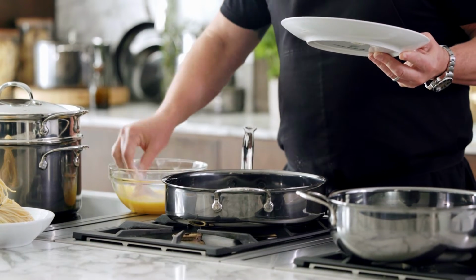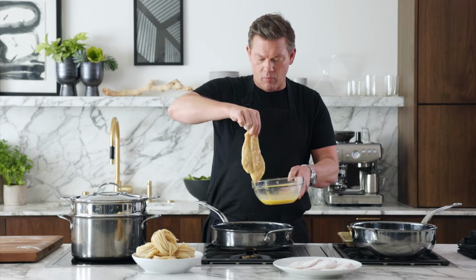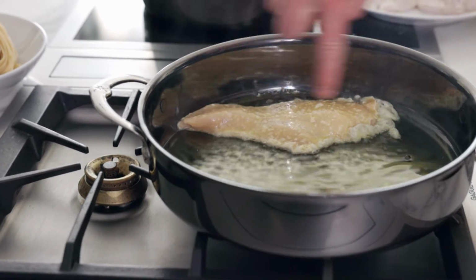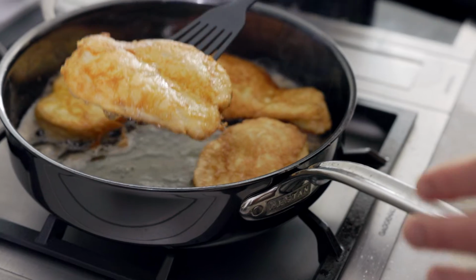We're gonna go into our eggs here. We're gonna let the excess egg drip back into the bowl, and then we're gonna drop it right in. Perfect. All right, so guys, we're gonna take our chicken out. All right, we're gonna let it rest